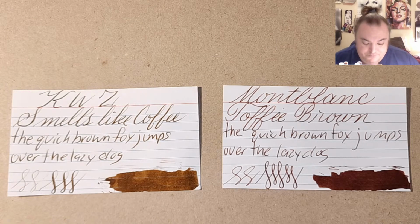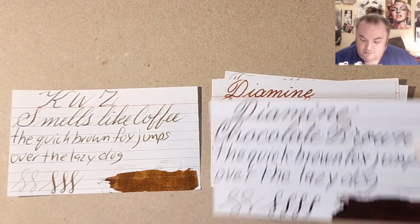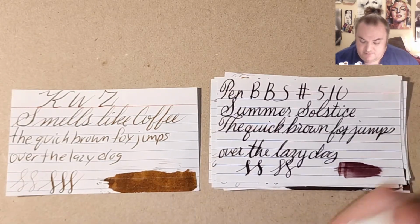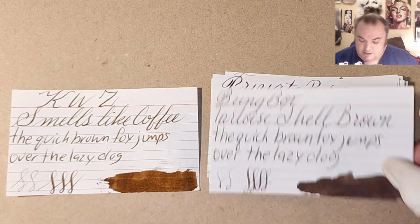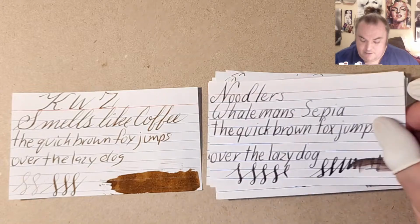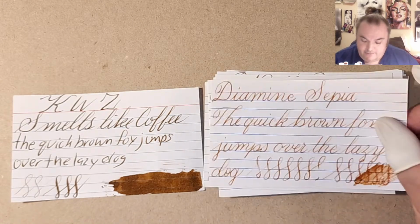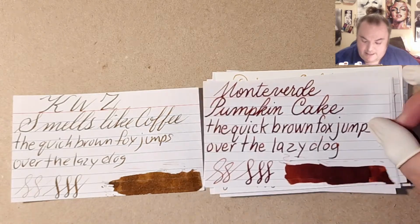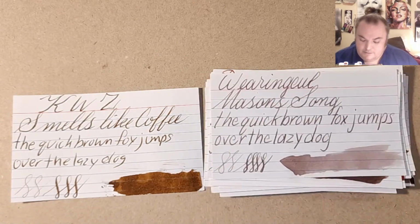Okay, moving right along. This is KWZ Smells Like Coffee next to Mont Blanc Toffee Brown, Cuttlefish Brown, Writing Desk, Lady Rose and Gold, Nude, Burnt Sienna, Chocolate Brown, Chocolate Pudding, Carcos Brown, Diamond Winter Spice, Summer Solstice, Becky, Crystal Topaz, Pick Me Up, Chocolate, Tortoiseshell Brown, Beaver Dam Brown, Sepia, Whaleman Sepia, Sepia Black, Coco de Brazil, Rome Burning, Tobacco Sunburst, Cognac Brown, Sepia, Brandy Snap, Golden Brown, Encre Brune, Terracotta, Kiowa Pecan, Pumpkin Cake, Noodler's Beaver, SBRE Brown, Ginger Chicken, Muskrat, Mason's Song,